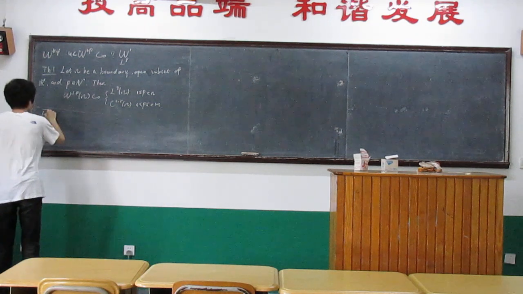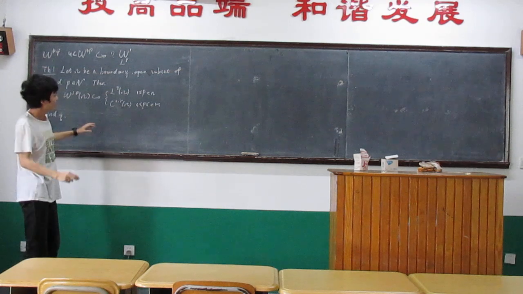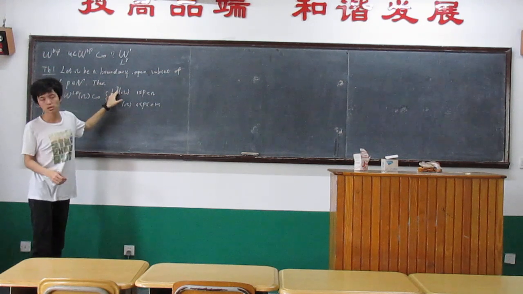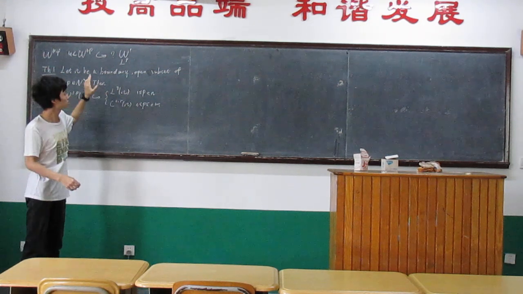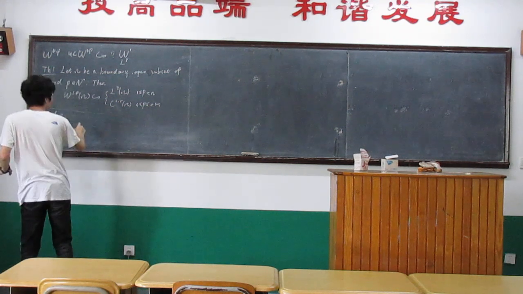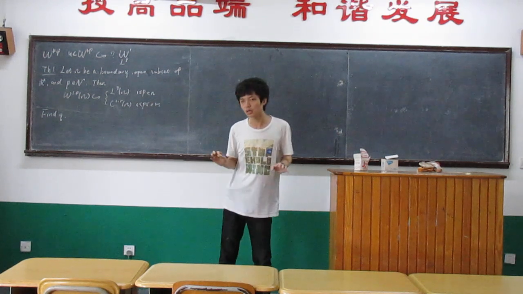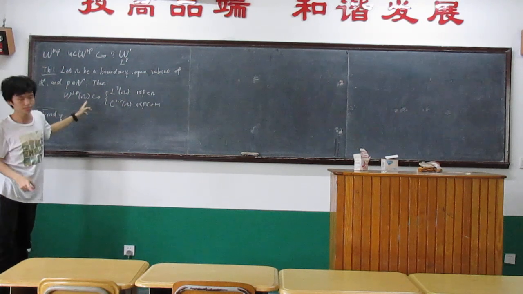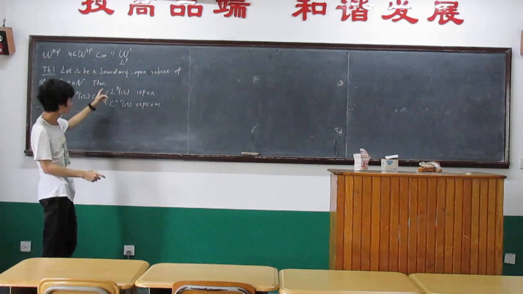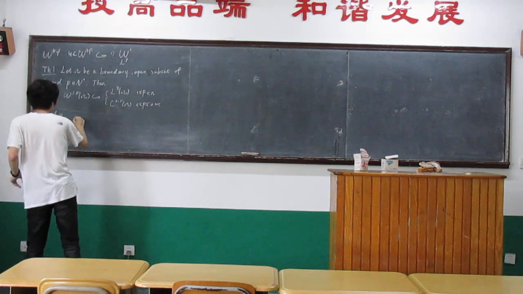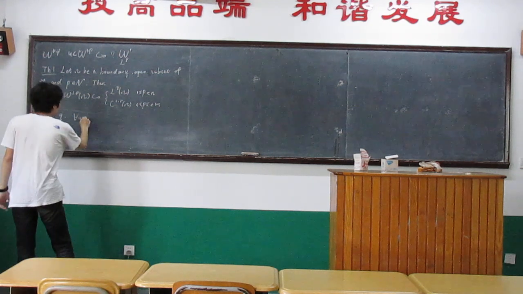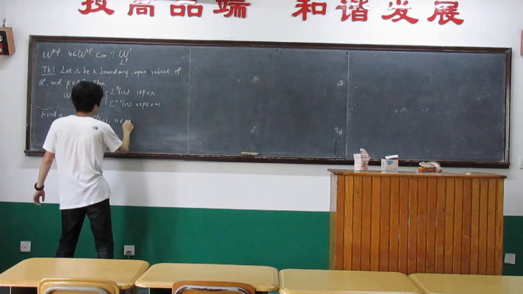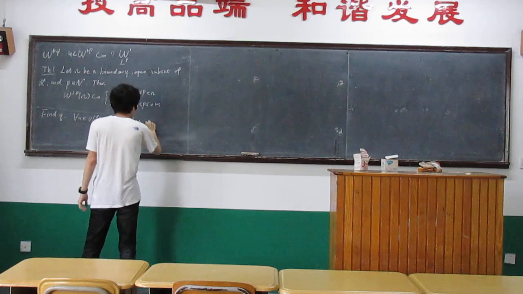Firstly, let's find q. That means if something like this holds, what this q is going to be. This is not going to be arbitrary, and actually it has a specific form. Let's see this again. What does this mean? W^{1,p}(Omega) can be embedded into L^q(Omega). That means for any u in W^{1,p}(Omega), u belongs to L^q(Omega), and we